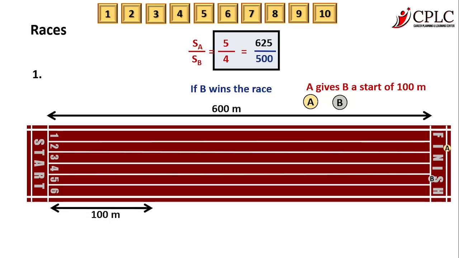So the problem is that this assumption seems like the wrong assumption because the numbers are not matching with that assumption. So that is the reason we understand as of now that this is the incorrect assumption. So that means it is not B who wins the race, but it is actually A who wins the race, for example. So now if A wins the race, same story.